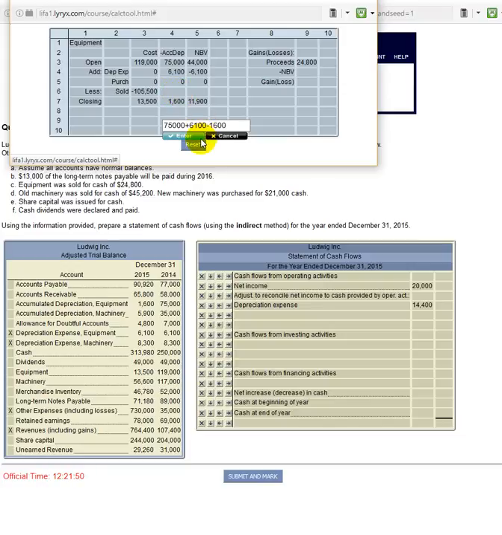So the 75 plus the 6,100 part gives us an estimate of what we expect the number to be in the closing balance. If there were no sales, that's what it would be. But there were some sales, so we subtract the actual of 1,600, and that tells us approximately how much the balance went down because of the assets which were sold. Once again, you don't have to do this if you don't want to, but I like to do it because it makes it a lot tidier. And now, if we go minus 105,500 minus a minus 65,